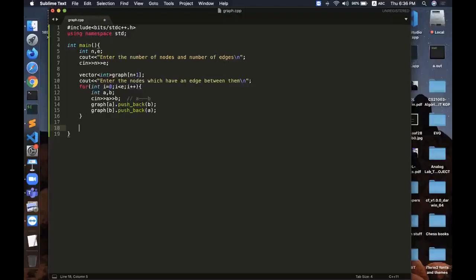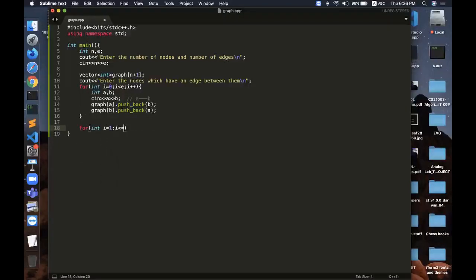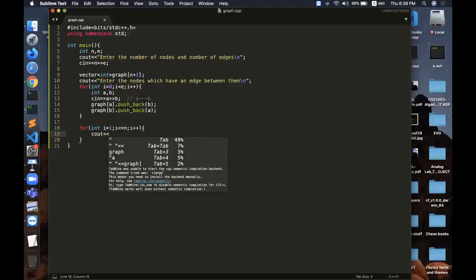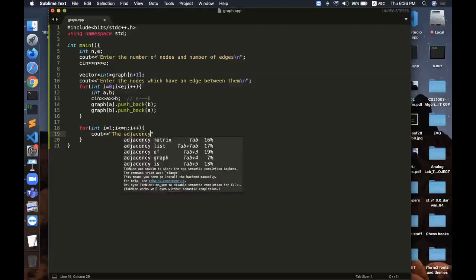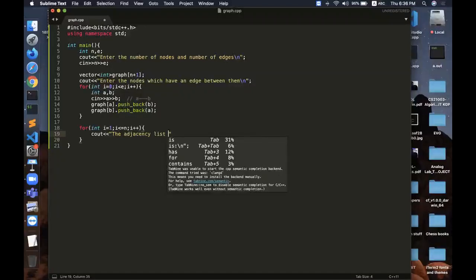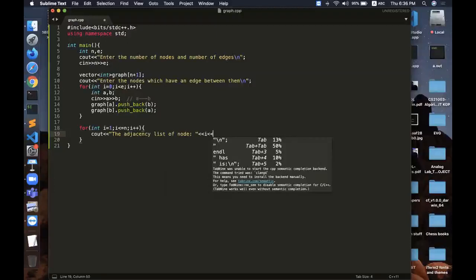Now let us print the adjacency list of every node, just to check. So for every node, say the number of nodes is n, let us print the adjacency list of node i.